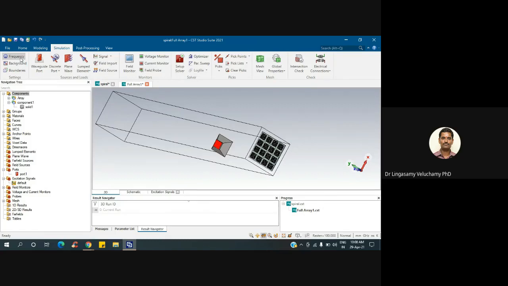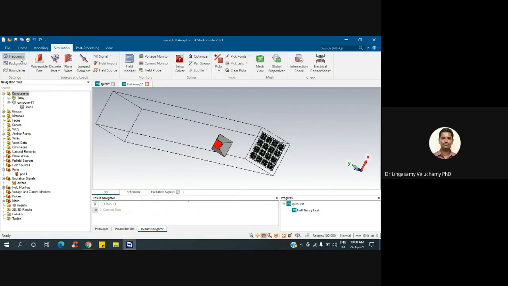Okay, sir. I'm still confused about how to calculate bandwidth for this one. I'm not getting clarity, sir. Previously I simulated it and got a result, but it was deleted. Generally we take the S11 parameter and calculate bandwidth like that. But here, how to calculate that bandwidth?